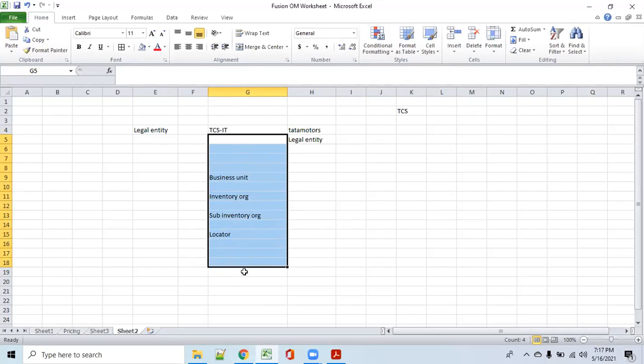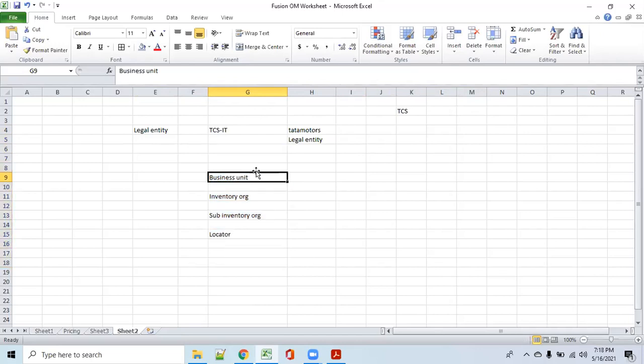Correct. But again, this business unit also can be multiple, right? Yes, business unit will be multiple, inventory also multiple. Let me put it this way: let's forget the enterprise and take one division. One division can have multiple ledgers. One division will always have one legal entity. Division and legal entity are synonyms. That's all.